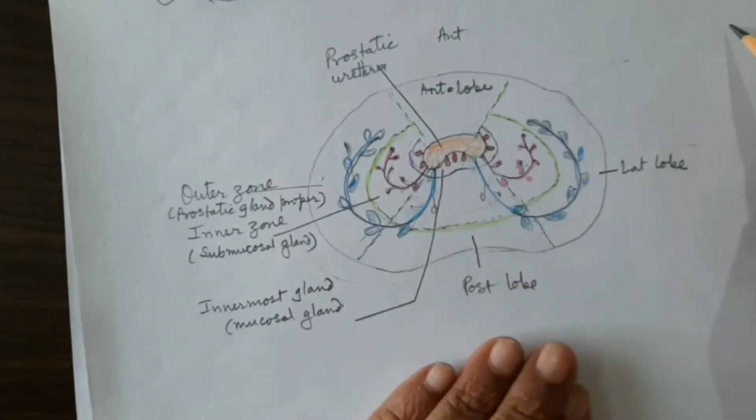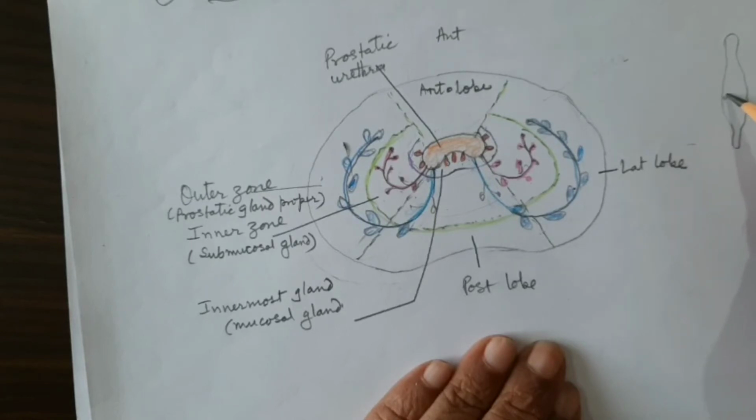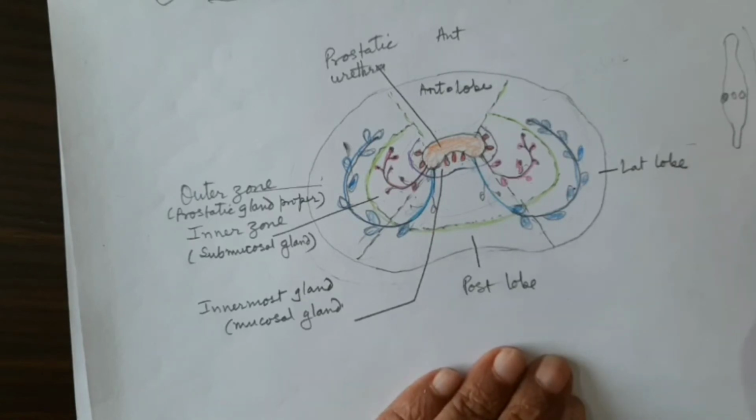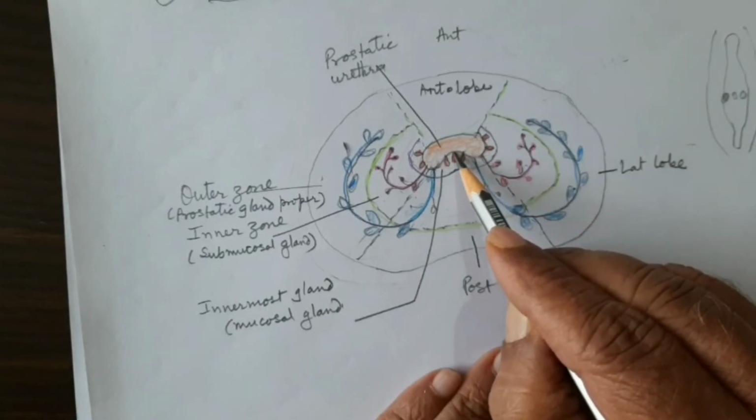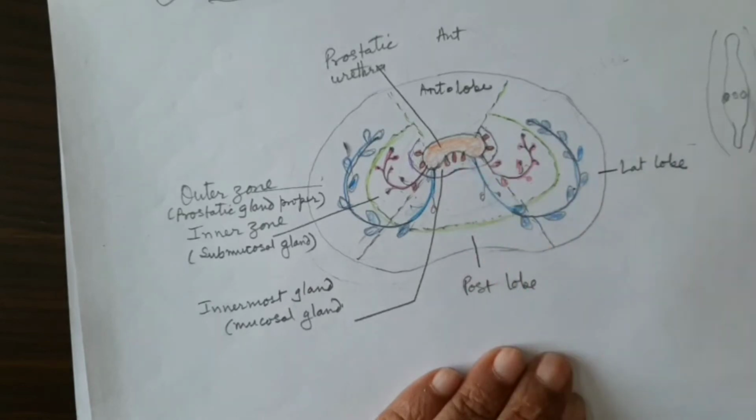Okay, I will draw the prostatic urethra as seen from the anterior aspect. This is the prostatic crest. In the posterior wall there is the opening of the prostatic utricle, and on either side of this, right and left, these are the openings of the ejaculatory duct, and then there is a depression called the prostatic sinus.